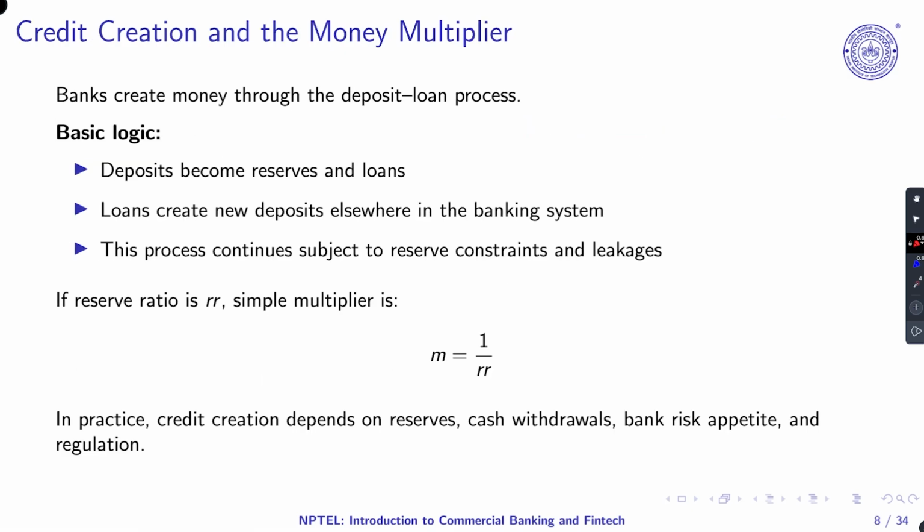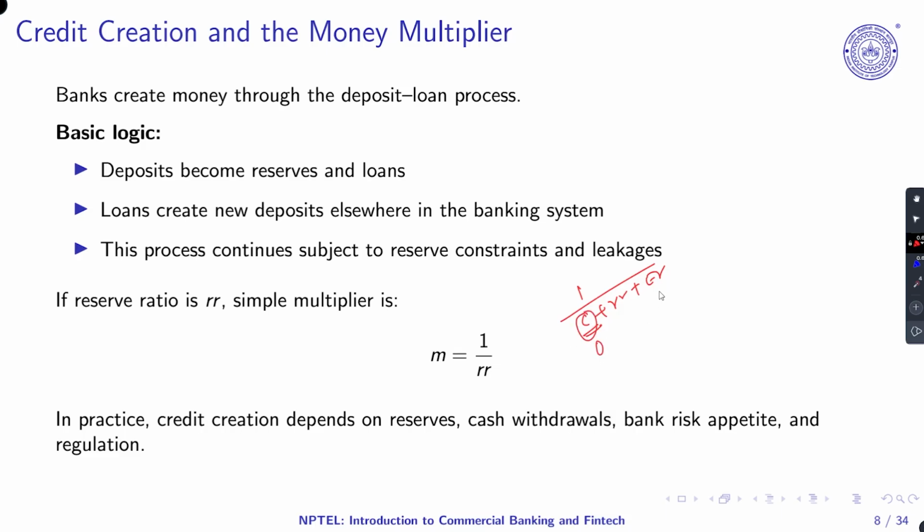Then we also touched upon some of the macro aspects of commercial banking, and we mentioned that in credit creation, the reserve requirement plays a very important role. There we found the multiplier 1 upon C plus RR plus ER. If I withdraw money from the bank in hard cash and keep it in my pocket, then it will not have any kind of impact on the money supply. So this has to be lower.